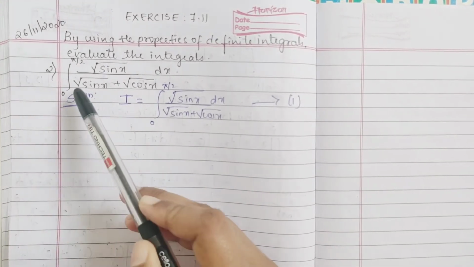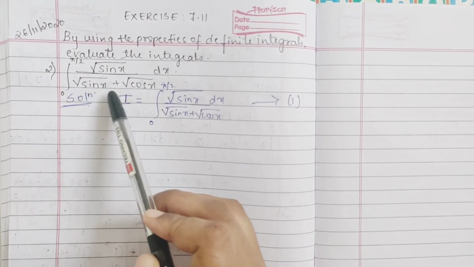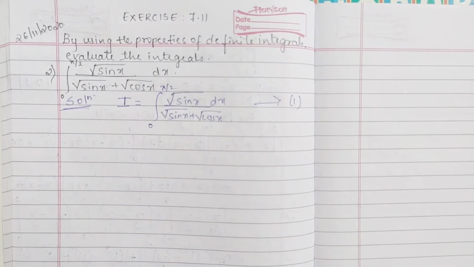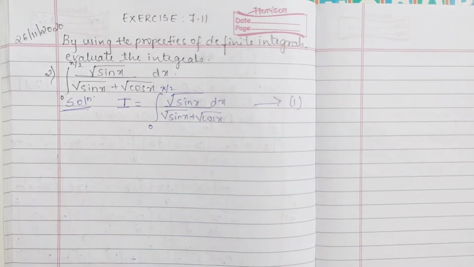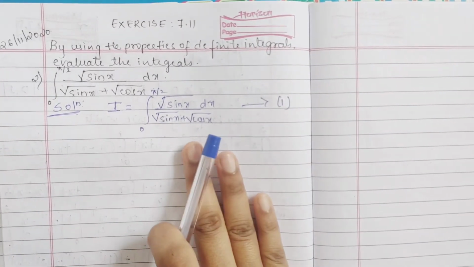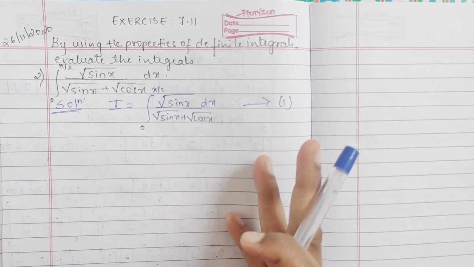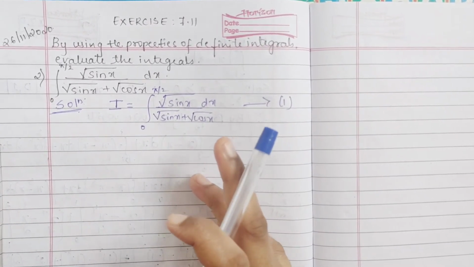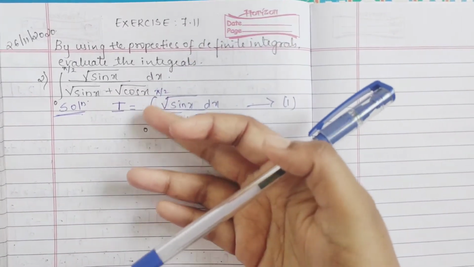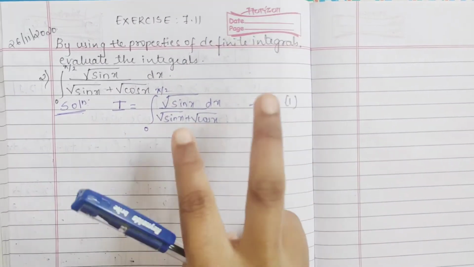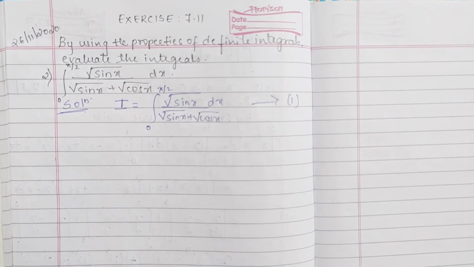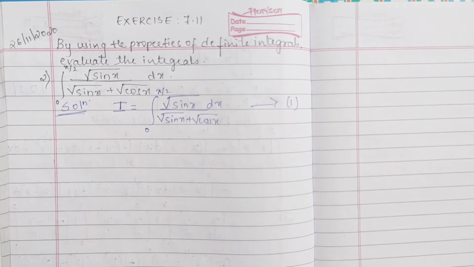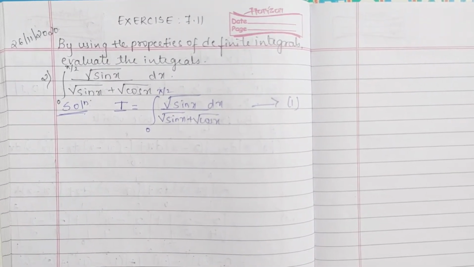I've taken the second question: integration of root sin x divided by root sin x plus root cos x, from 0 to pi by 2, dx. So you can see here, you are getting 0 to pi by 2. Property 1, the general property, doesn't apply directly here. Not property 1 nor property 2, like we can split it. If you have a to b and any interval, then we can split, as I showed you in one example of that property. I guess we can go for the third property, where your x was changed.